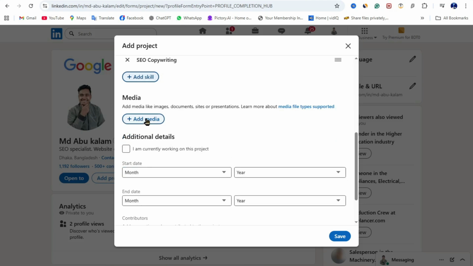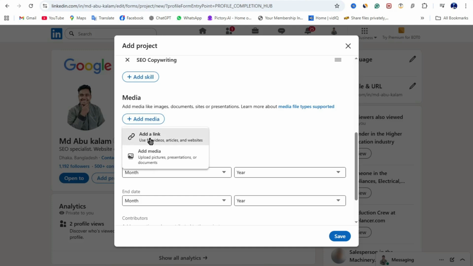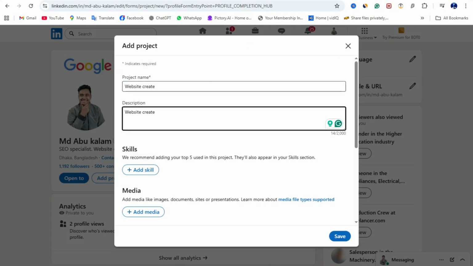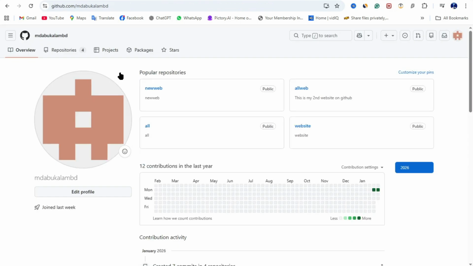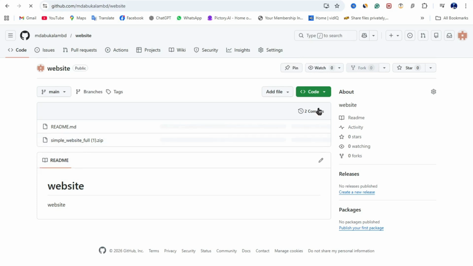If you want to add media, this is not required. You can add a link. So here is where you can add a link. Now I go to my GitHub. After going on GitHub, you can see I have four repositories. So I click on this website, then I need to just copy this